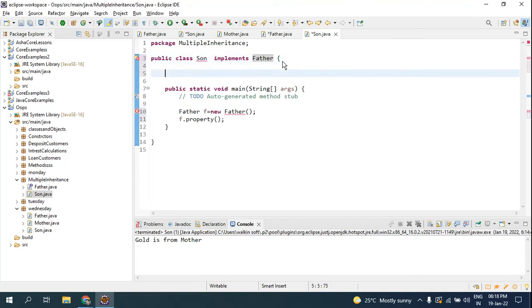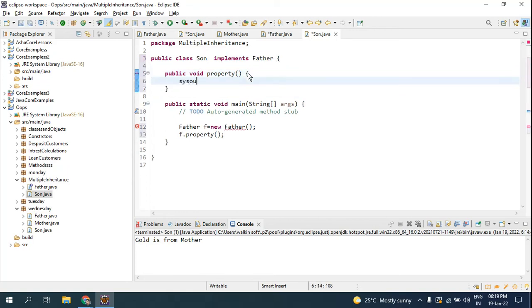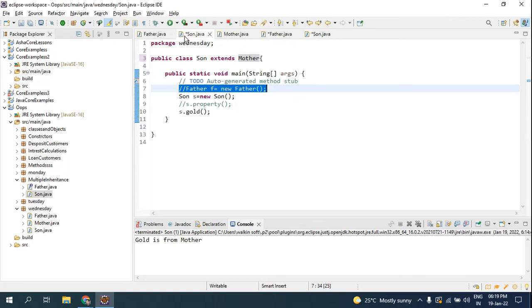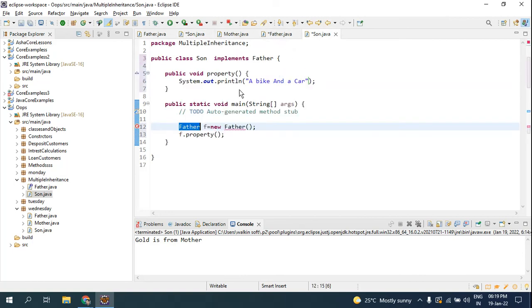Once I write the functionality, look here, now the error goes, because when a Son implements Father, he has to take what Father has. So now here I will be writing SYSOUT, a bike and a car. Look, now the error has gone, and look here, you cannot create the Father object. When it was a class you were able to create it, but when you use an interface it is understood that you cannot